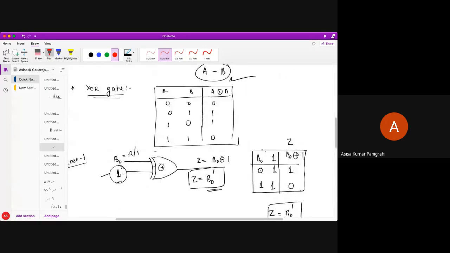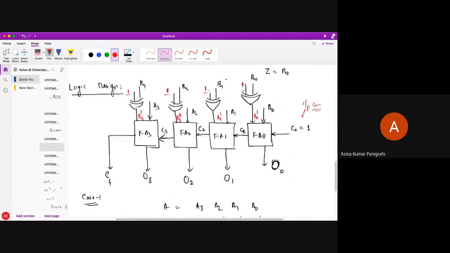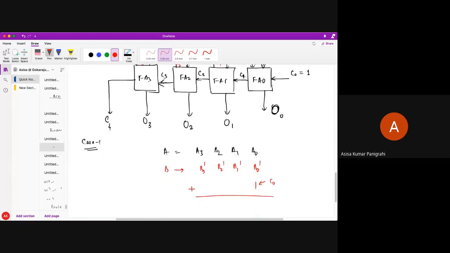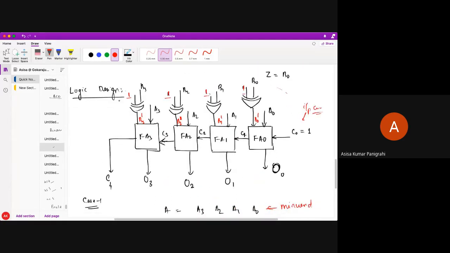So now you can see my design, whatever I was required here, that I have established with this circuit. Am I correct? So I have established that this performs the 2's complement of the subtrahend, can I say? And this is my minuend, which finally gives me A minus B. So can I say that this circuit gives me a 4-bit subtractor circuit if I give all these as 1? Okay, now next, case 2.